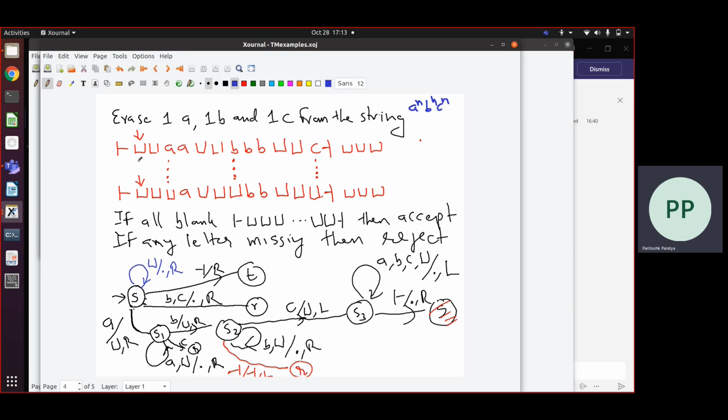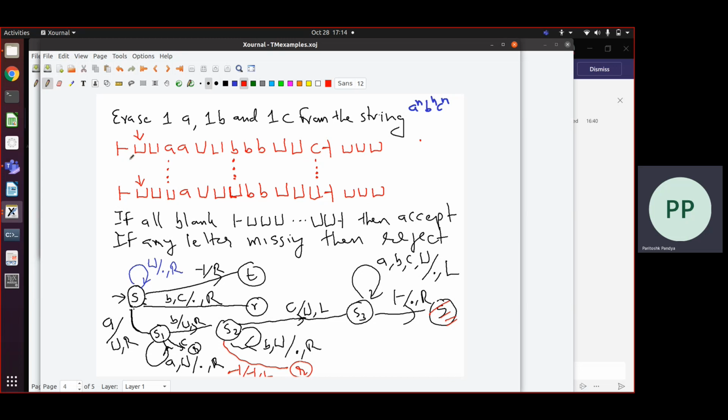Now, in this Turing machine, let me give you the schema. In one phase of this Turing machine, I scan the string. I start with the head here. I scan the string from left to right and I find the first A symbol and erase it to blank. So the first A gets erased to blank. Then I continue and I look for the first B and turn it into blank. I scan forward and find the first C and I turn it into blank. I hit the right hand marker.